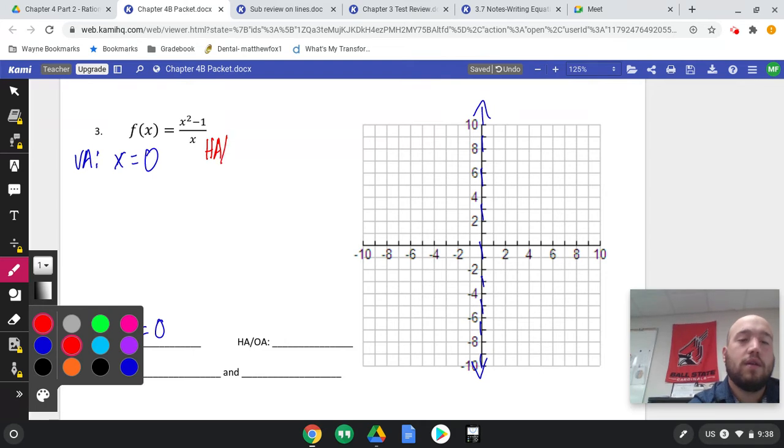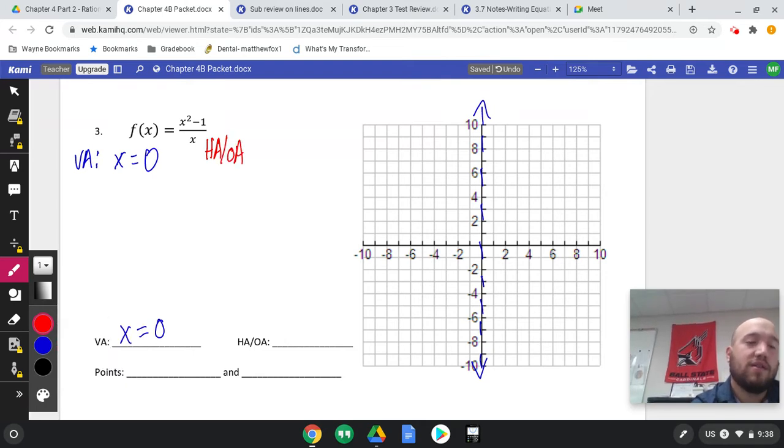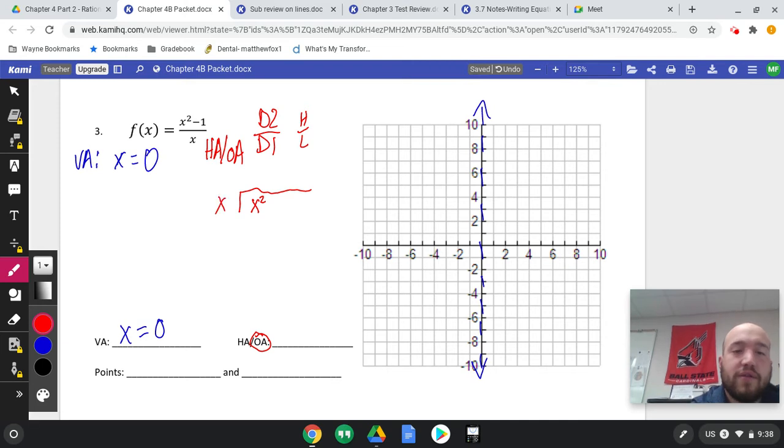All right, so now our next one, we have to decide, is it a horizontal asymptote or an oblique asymptote? And the way we can decide that, once again, we're going to compare the degrees. So it's degree 2 over degree 1, which is our high over low, and it's high over low by just 1, which means it is going to be an oblique asymptote. We're going to use long division to find out what that equation is. So we set it up, x squared, don't forget the x goes out front. Don't forget we have an x term in here, so x squared plus 0x